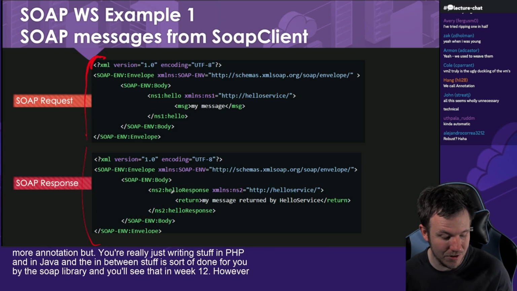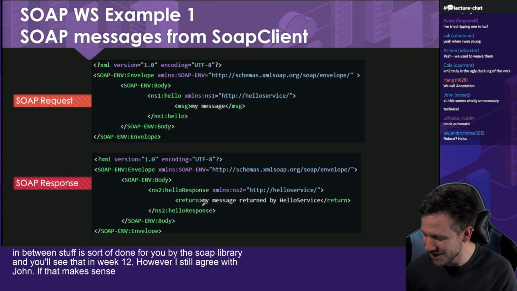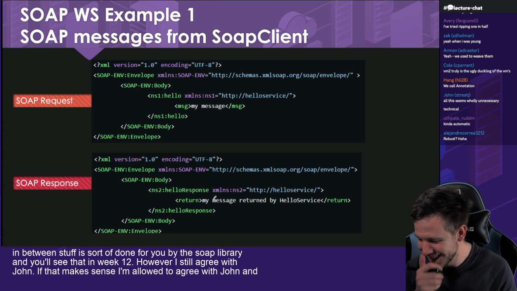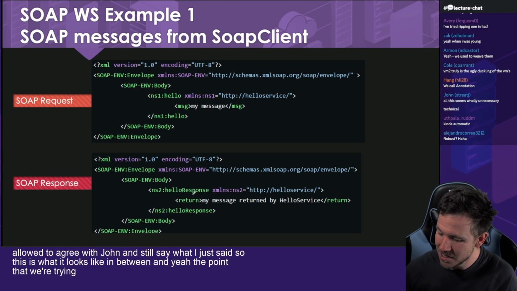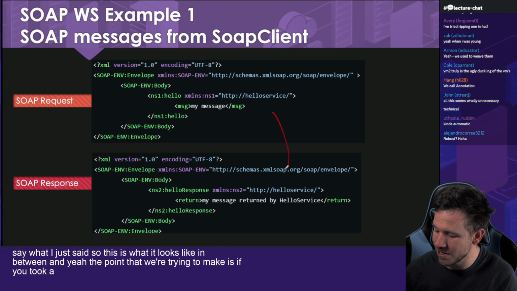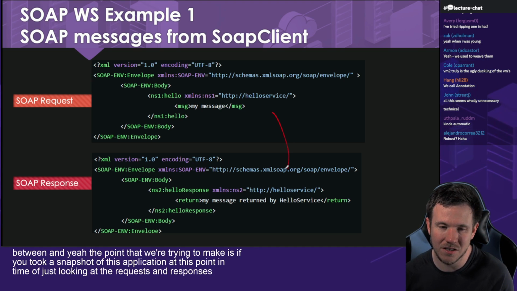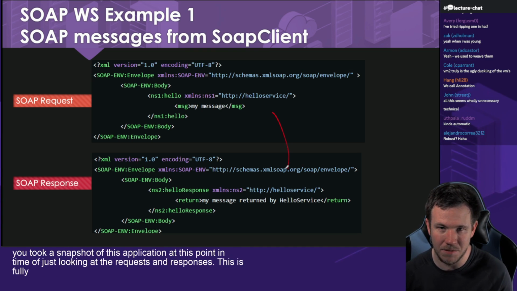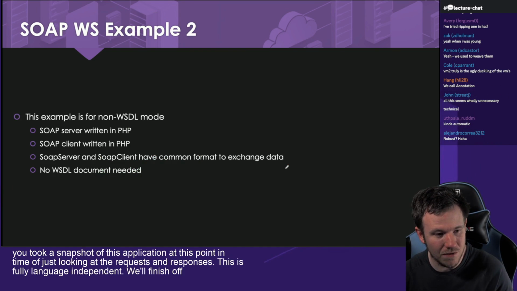However, I still agree with John, if that makes sense. I'm allowed to agree with John and still say what I just said. So this is what it looks like in between. And the point that we're trying to make is, if you took a snapshot of this application at this point in time, of just looking at the requests and responses, this is fully language independent. We'll finish off with